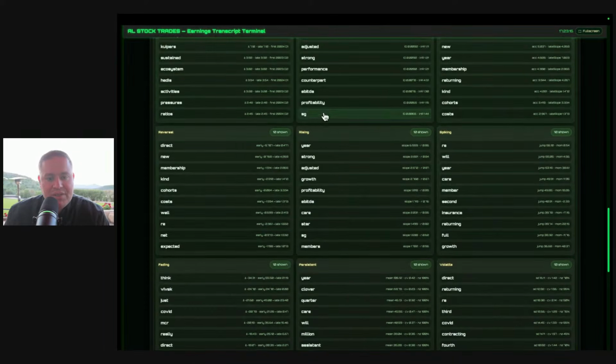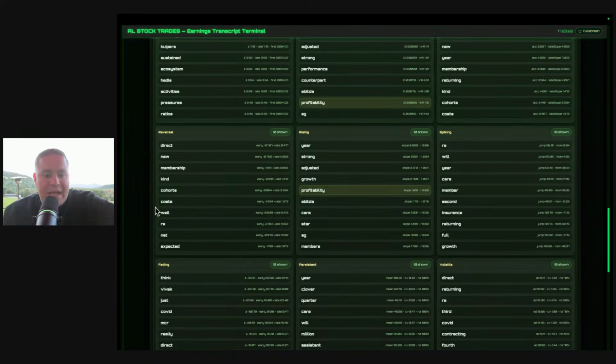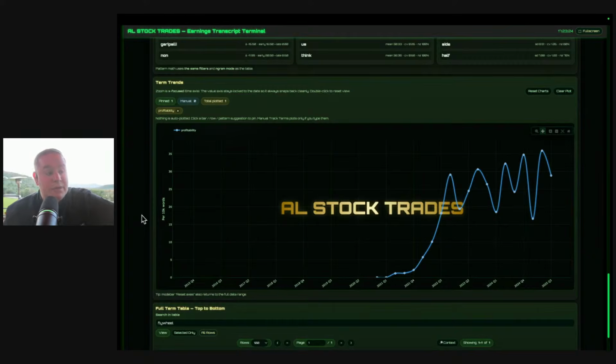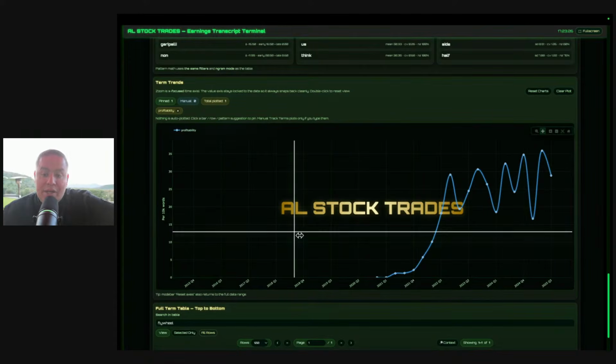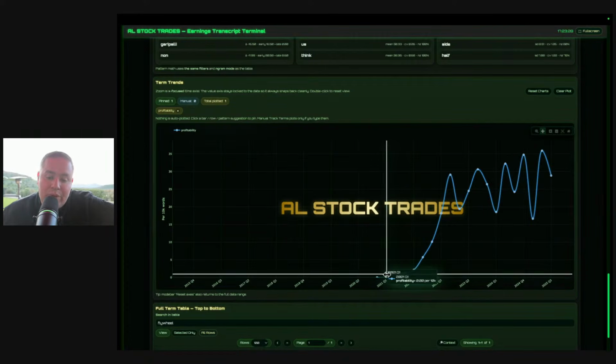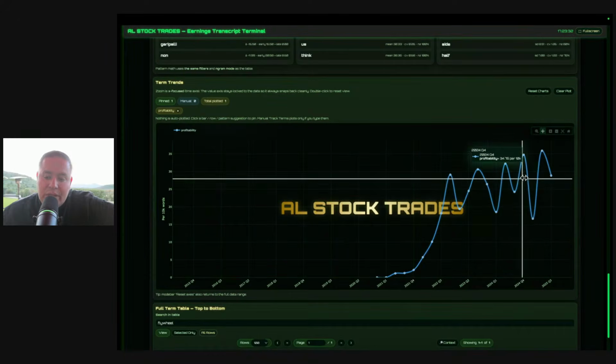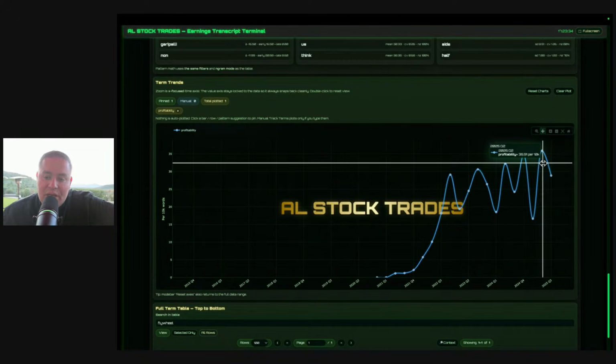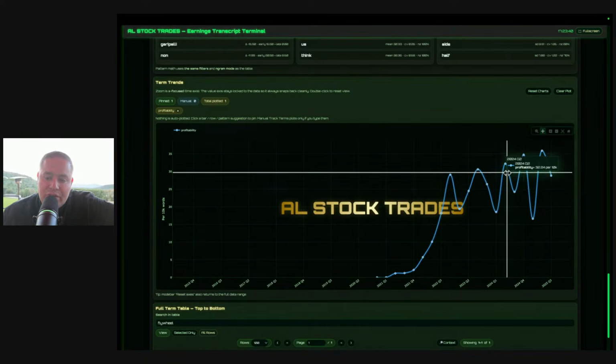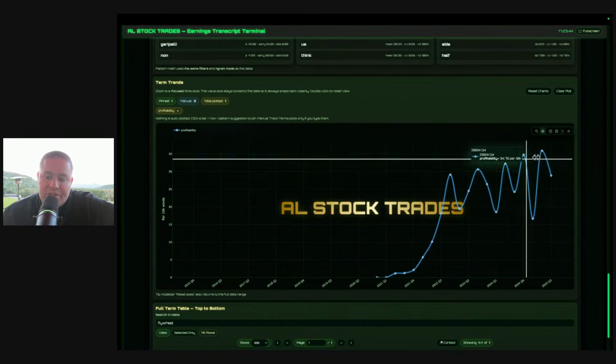And let's talk about something important. Profitability. Isn't profitability important? Let's click on that to see when they've used it. Holy moly. You could see that the word profitability wasn't really used a lot, and it wasn't until really here that we peaked in Q2 2025. And that makes sense because last year in Q2 2025, they were profitable. So they're still aiming towards that.